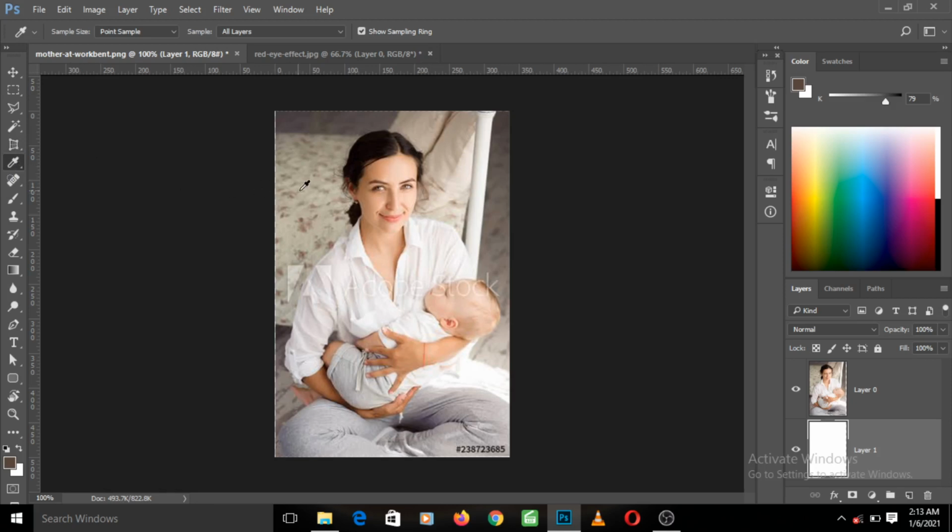So the eyedropper tool is very simple. In case you just want to sample the color of any part of your image, if I click here, like I clicked at the skin area here, take note of the foreground color here, it changes. Now if I click this white area, take note of this foreground color, this color square here. If I click the white, take note of what happens. It changes to the color that I sampled, and it's very good.